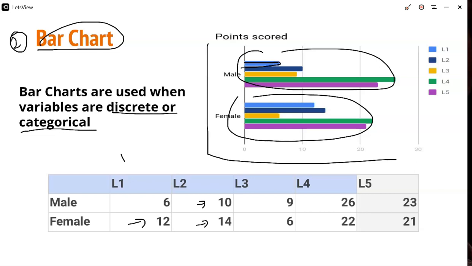On the x-axis, the categorical variable is present, and on the y-axis, the values of those categorical variables are present. Here the value means the frequency, the number of times that a particular value occurs in a given data set. So the bar chart is used basically for the discrete and categorical. On the x-axis, normally the discrete or categorical values are taken, and on the y-axis, their frequency or count is taken.